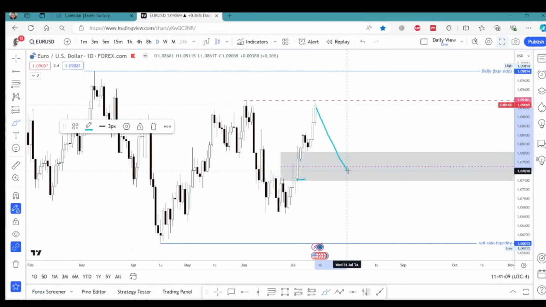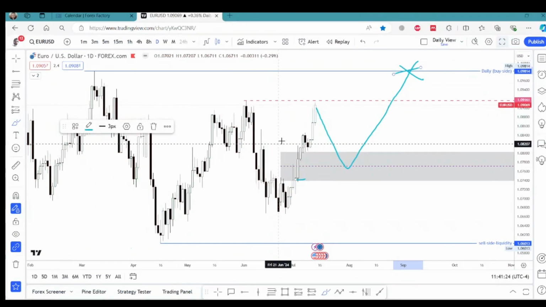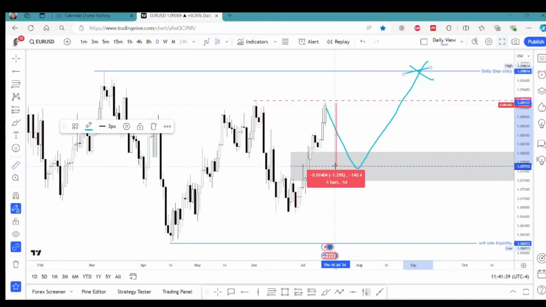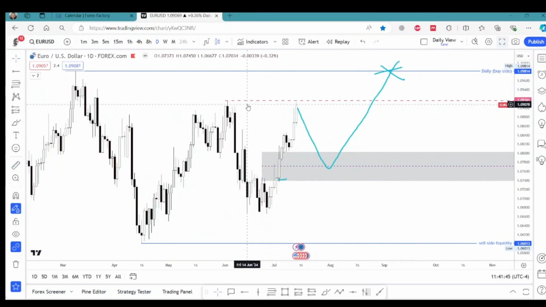And then the price will start to go up once again, and eventually it is going to take out this high. That is a weekly high, and I'm sure there's a lot of order liquidity up there as well. The only problem is that we haven't taken out this high yet. As you guys can see, this is a lot of travel even for euro, about 140, 150 pips. So I want the price to take out this high first, probably Monday, maybe on Tuesday.